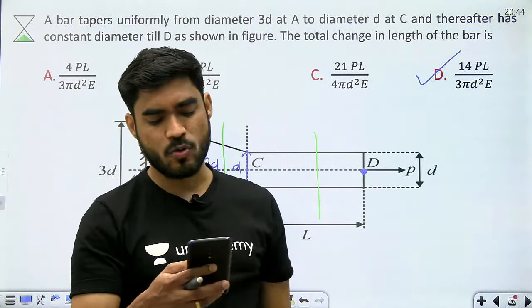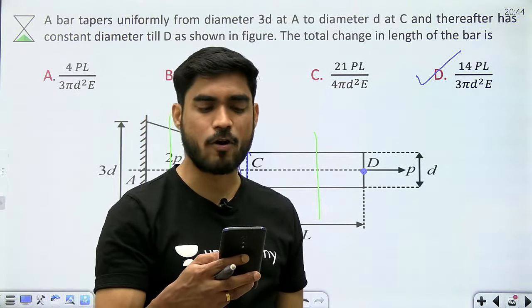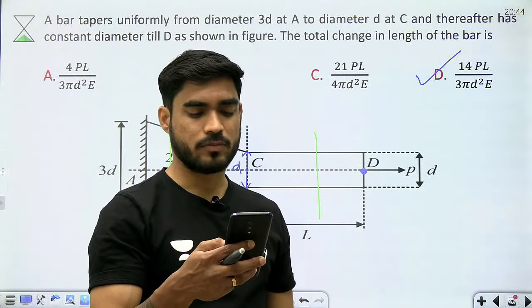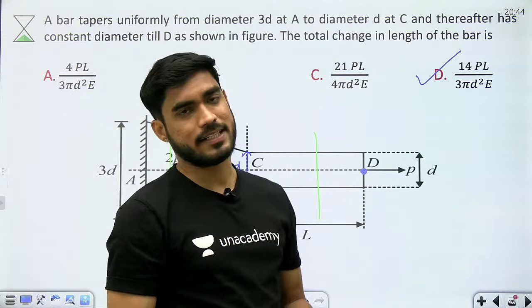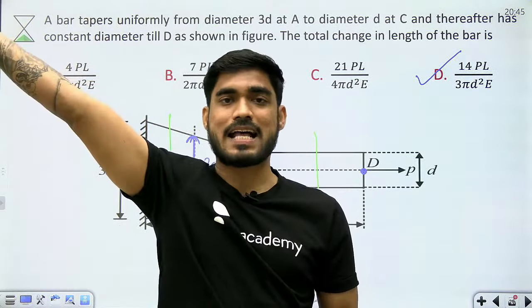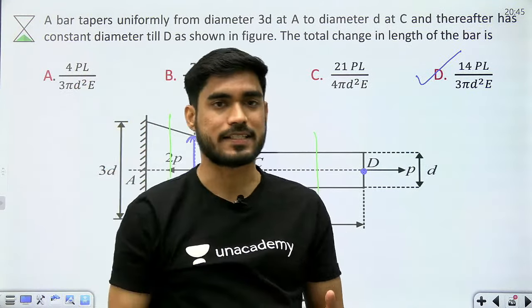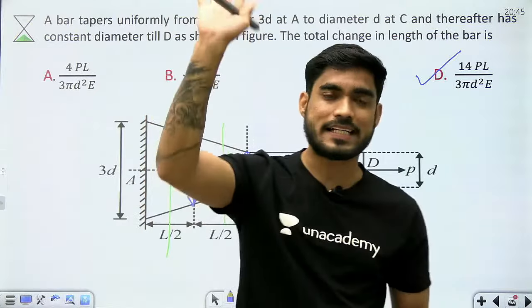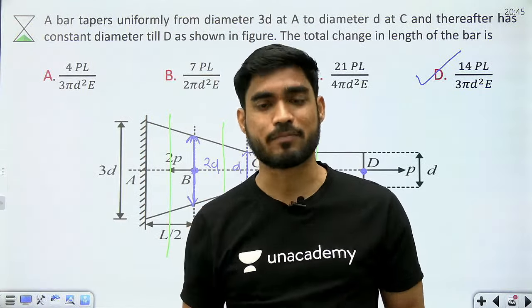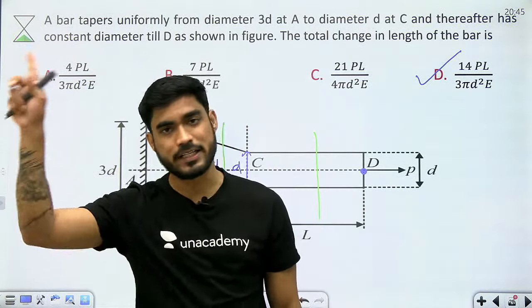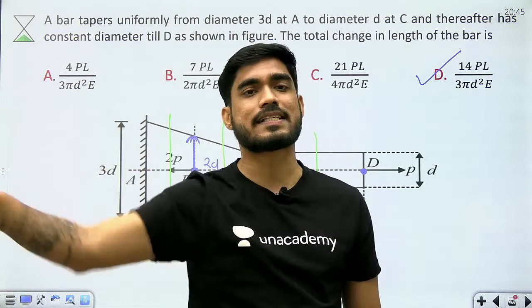बेटा माइनस P क्यों आ रहा है, प्लस P क्यों आ रहा है? I have already explained in yesterday's class. If you don't know the sign convention, I have already explained this. I am not going to repeat last class concept in today's class. तो बेटा ऐसे फिर 1 साल लगेगा आपको पूरा सब्जेक्ट खत्म करने में. So if you want to understand it, if you have not understood in last class, go and repeat the last class again.